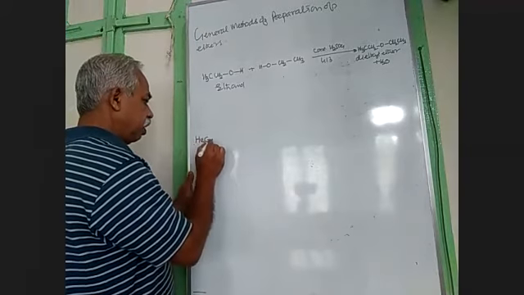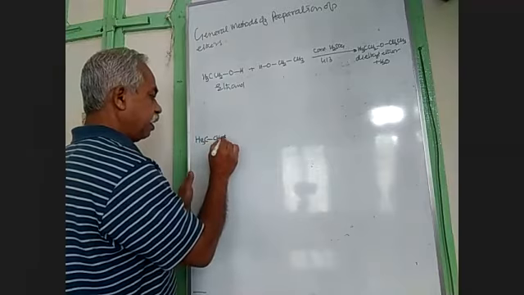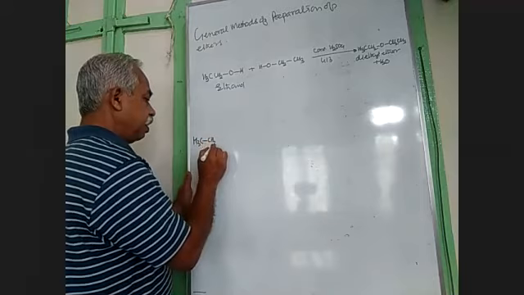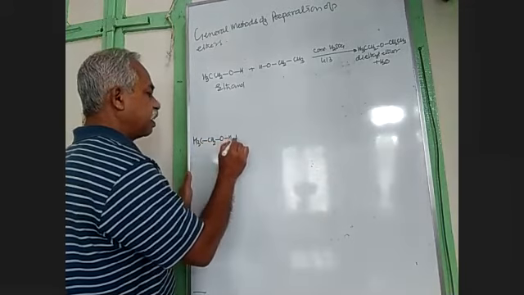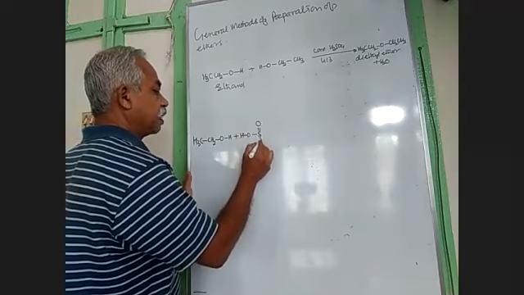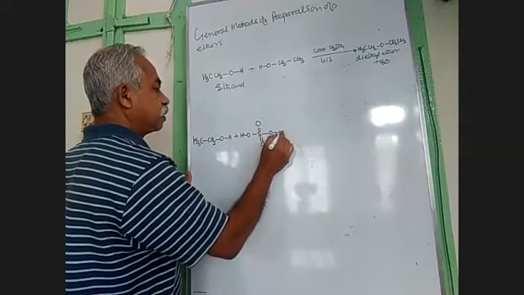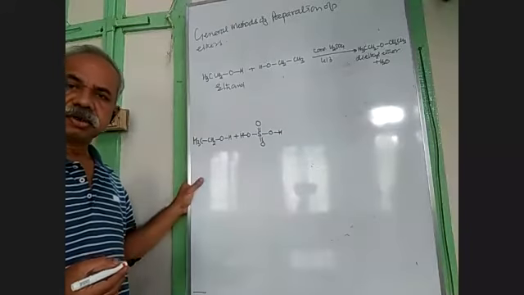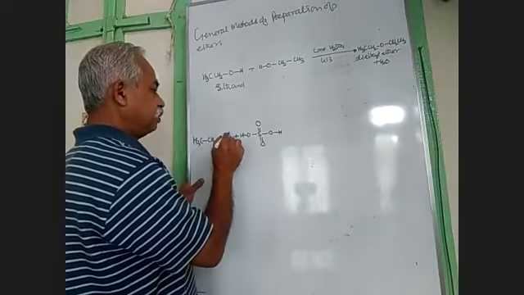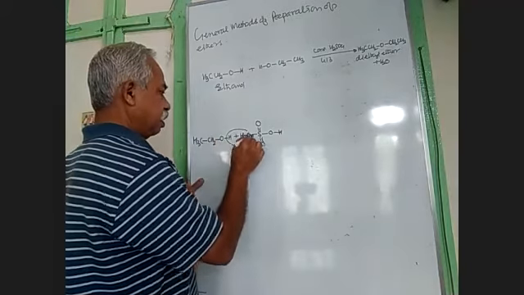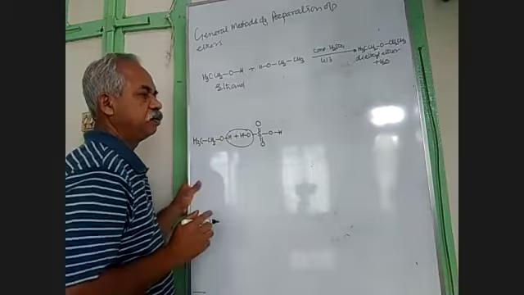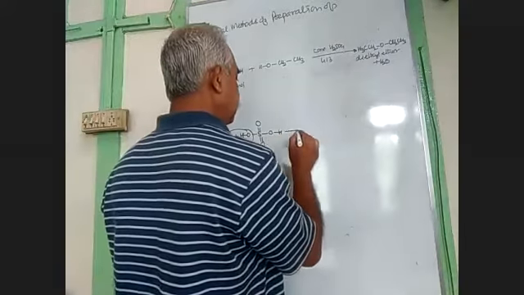Actually, alcohol forms an ester with sulfuric acid. Because I told you that as alcohol can form ester with carboxylic acid, alcohol also forms ester with inorganic acid. So now see here, from alcohol oxygen will not go. OH will go, and from here OH will go.